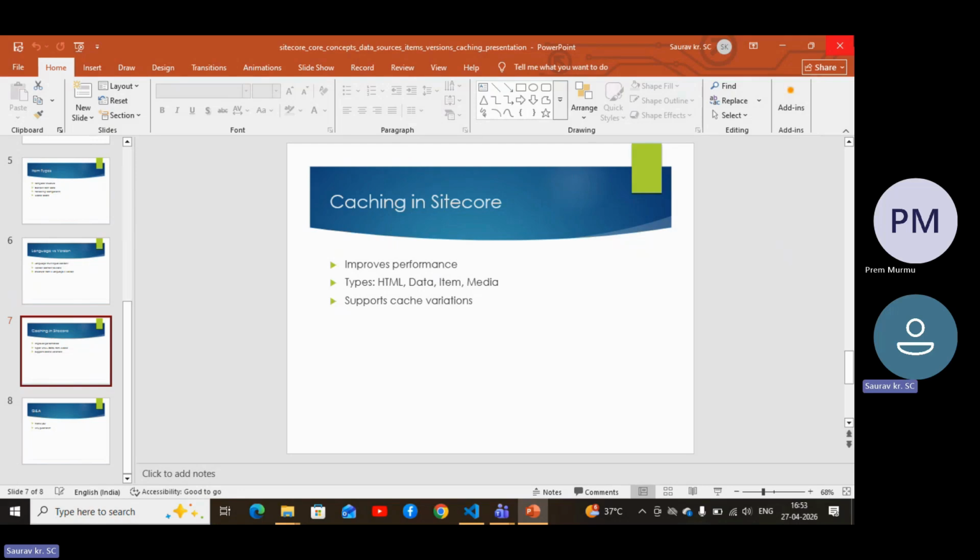Coming on to the next topic, next key feature: caching. What is caching in Sitecore? Caching is essential in Sitecore to ensure fast performance, especially for high traffic websites. Sitecore uses multiple layers of caching, like